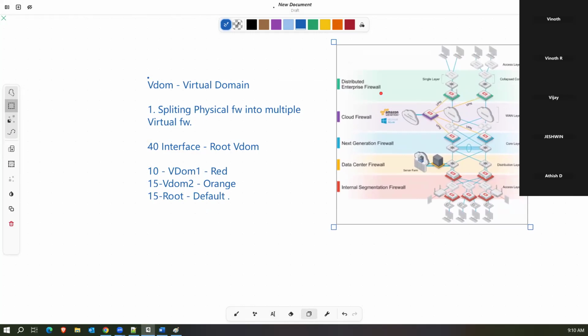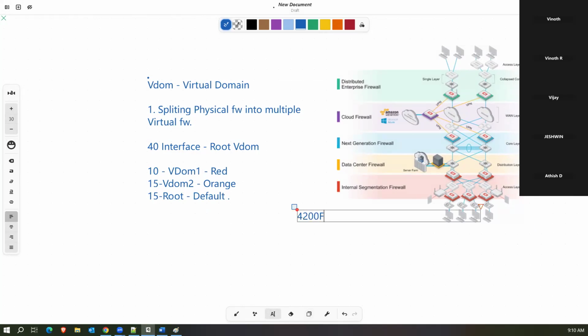So we discussed this in the previous class. Now let's say, this is only for example, you are using a firewall model like the 4200F or 4201F. This is a fairly advanced model. So you can use this single device, and you can segregate. You can use them in your perimeter level or your core layer, and also you can use the same firewall